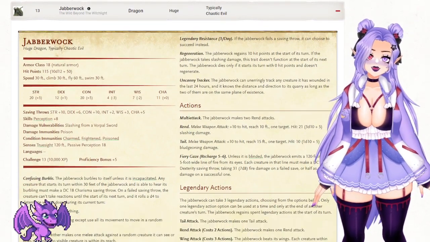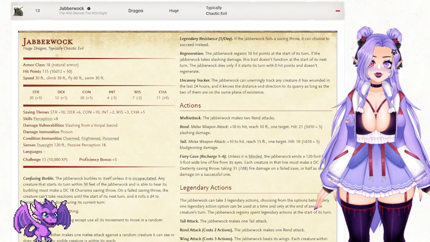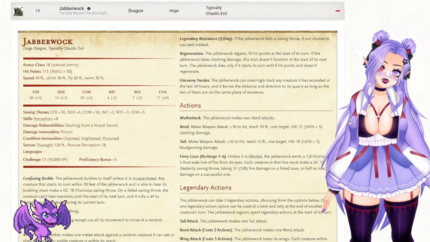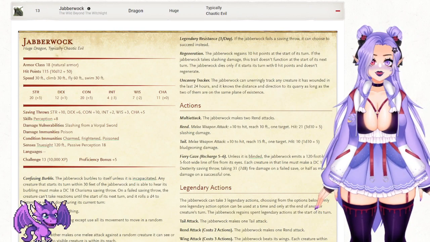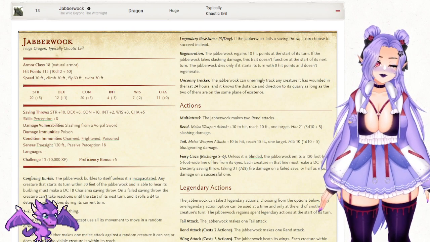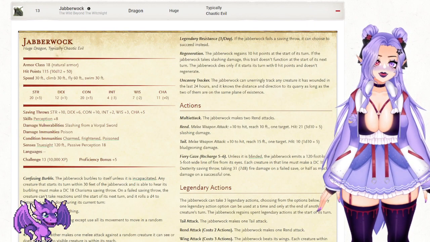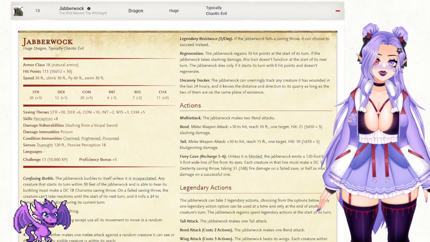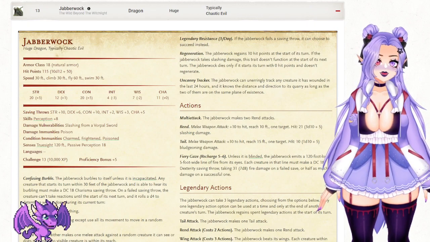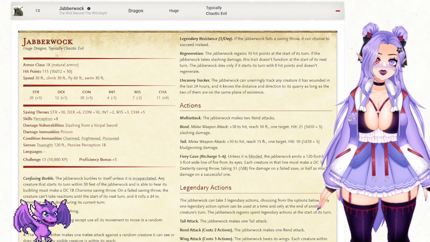So this is a huge dragon that comes to us from The Wild Beyond the Witchlight. And the Jabberwock is kind of freaking epic. Look at this stat block. This guy's only a CR 13, but you'll see why in a minute. He actually does a lot of damage. Actually, it depends on your party, honestly. I think CR 13 in some parties will be totally fine, but in others, it won't be